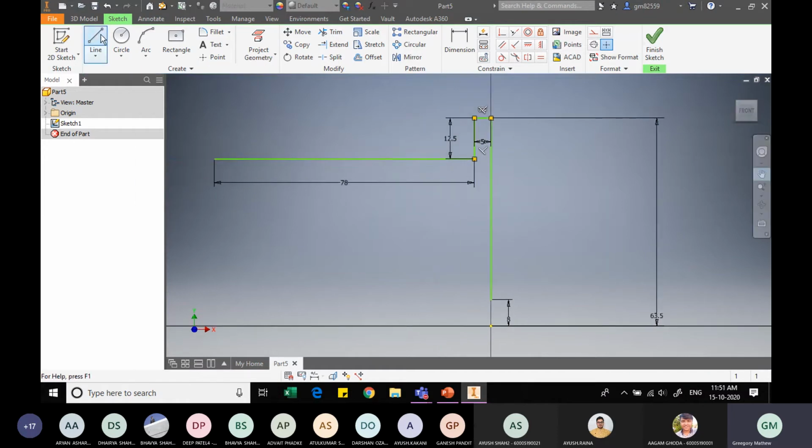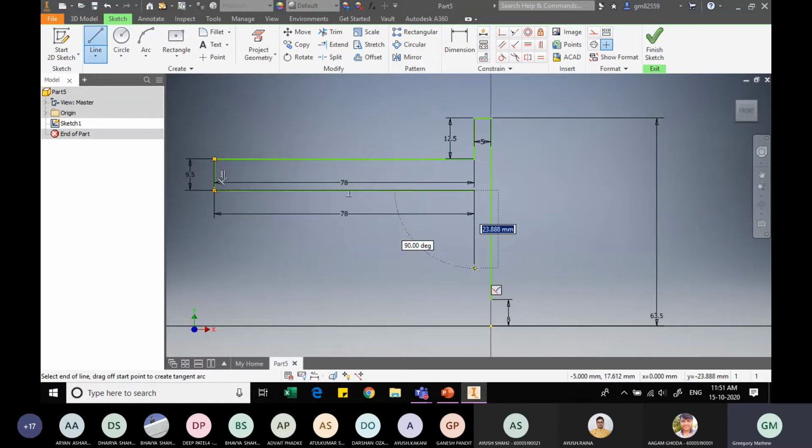Now activating the line command once again, and from here downwards the thickness is 9.5 as per calculation, and I need to move along in this direction. And from the figure it is very clear to us that this is 83 plus 5 minus 10, and we reach this phase. Is there a mistake that we have done somewhere?